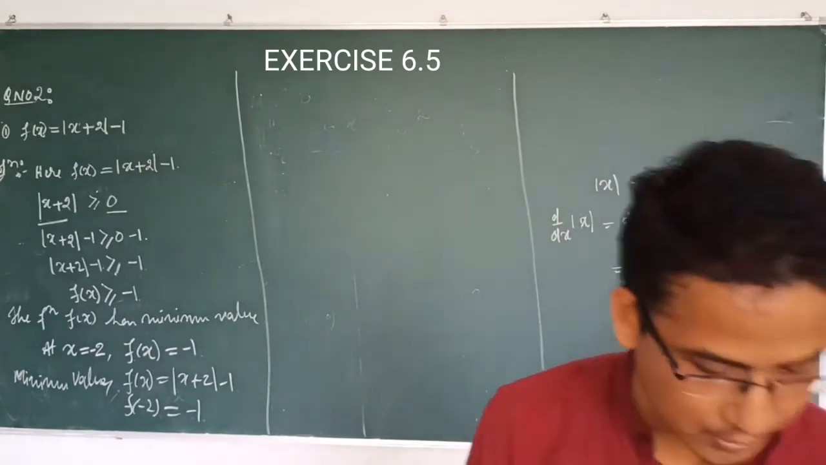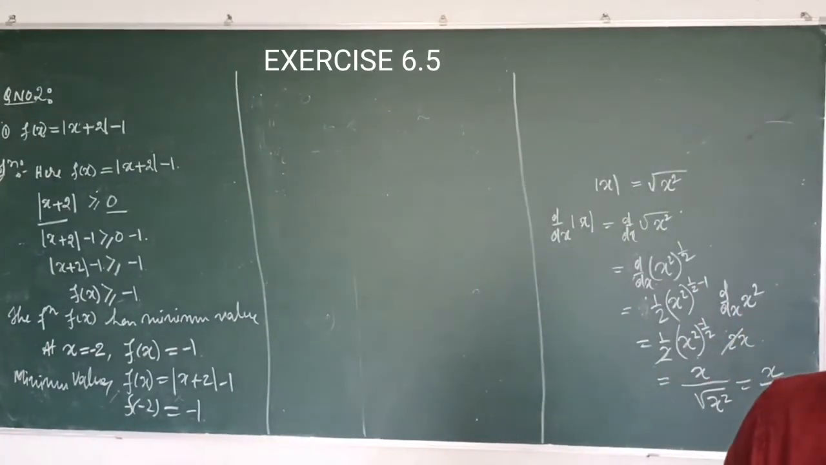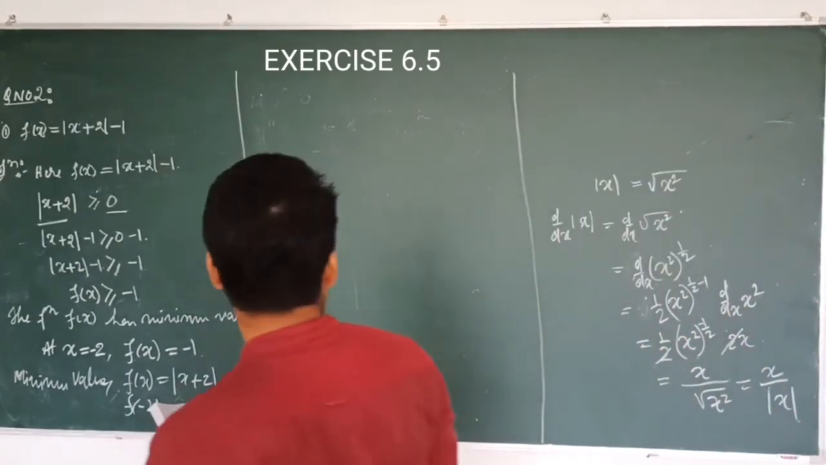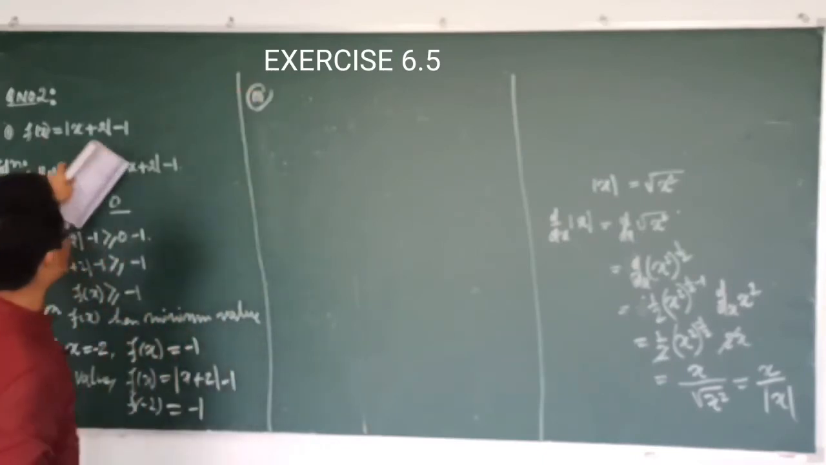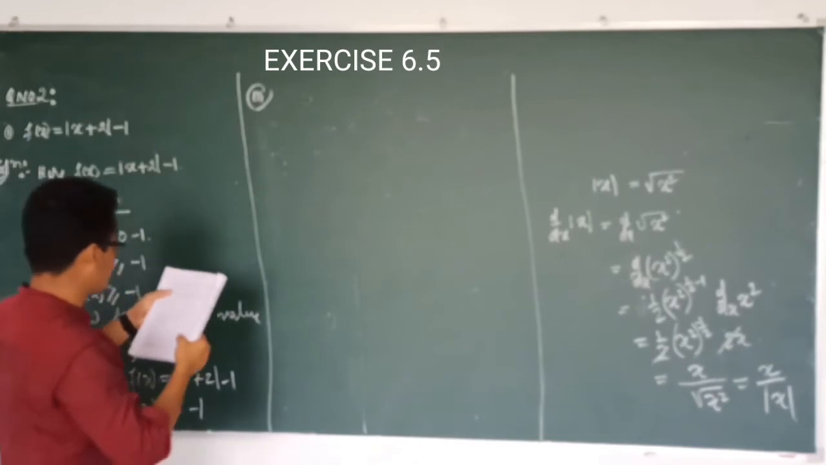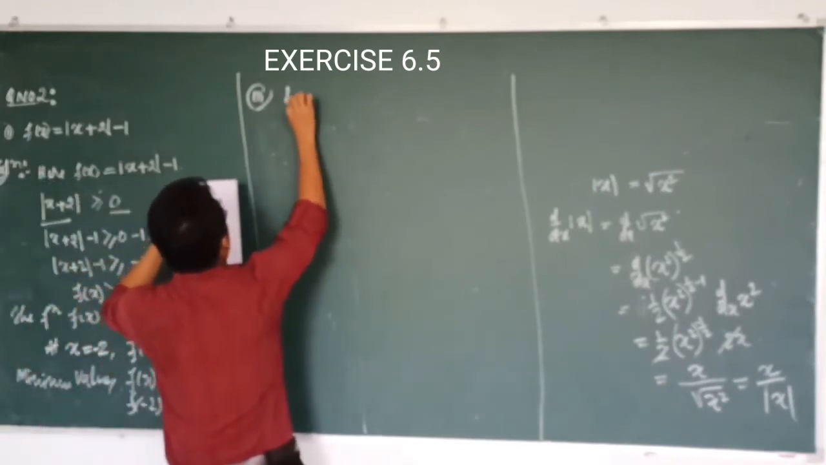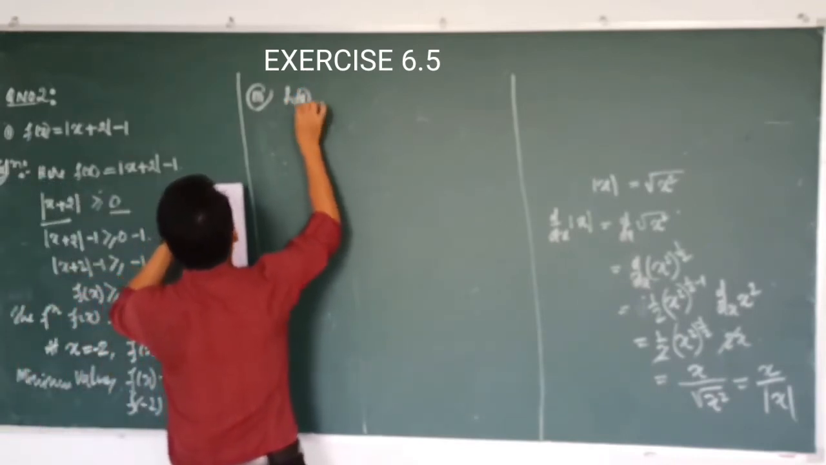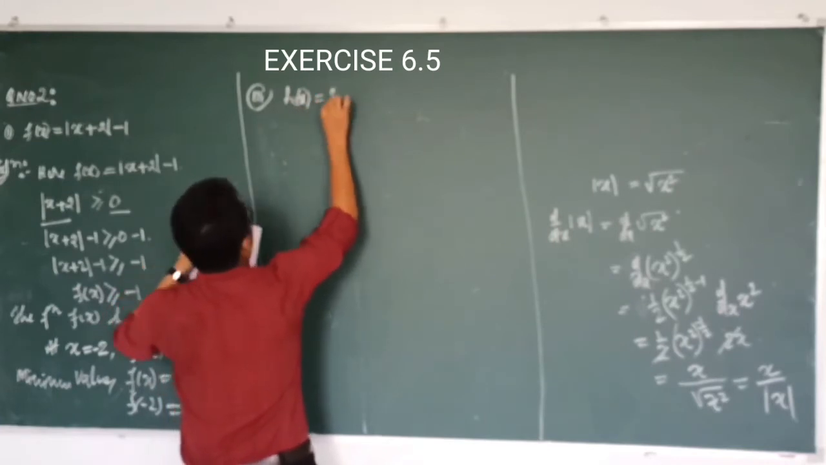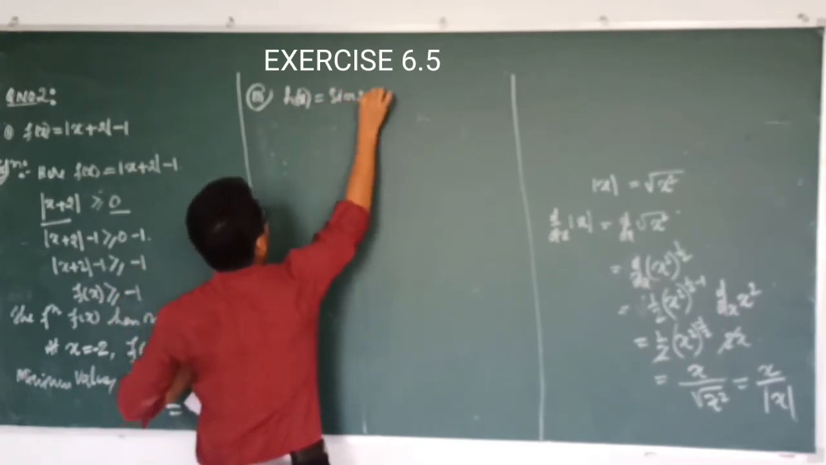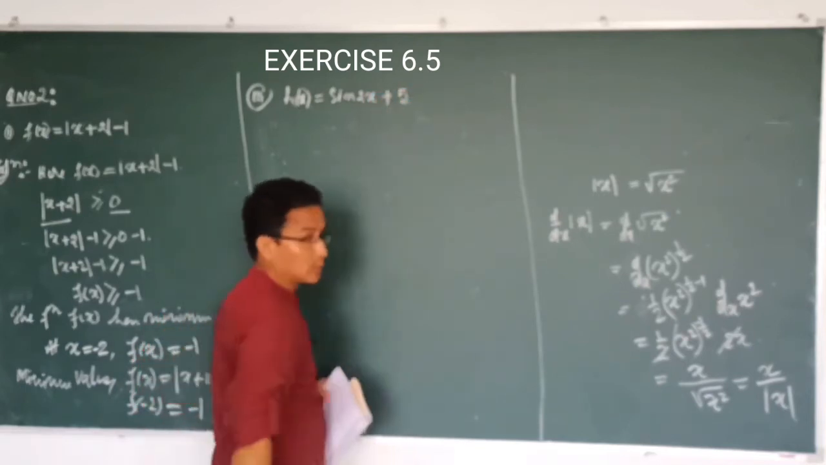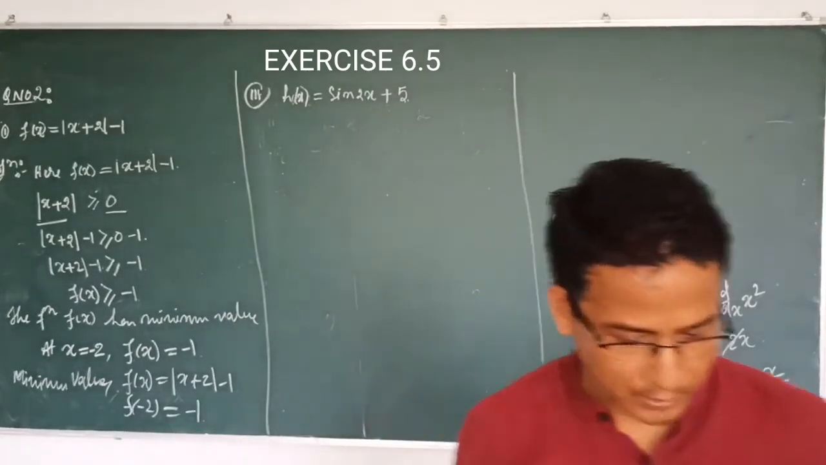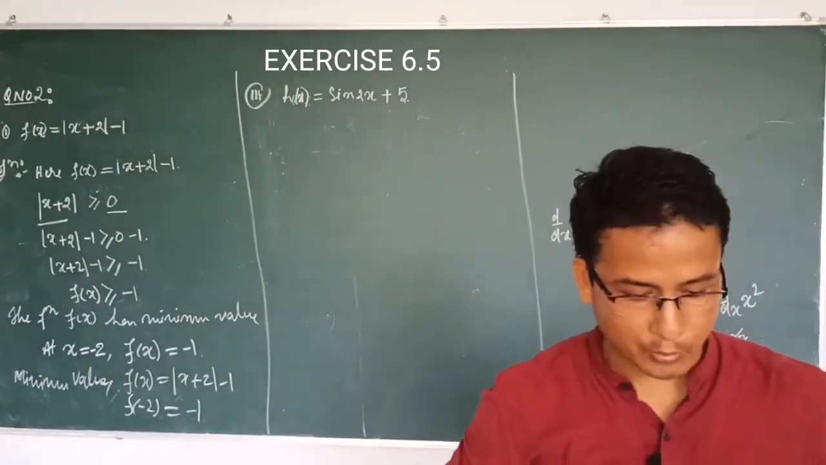So one more question. Let's take question number 3, Roman number 3 of question number 2. The function is h of x equal to sine 2x plus 5. Okay, sine 2x plus 5 we will get. Now we will see that